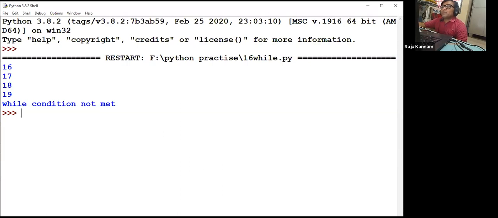Because the else block will be executed only if the while loop is not satisfied. When it comes out of the while loop, either you are breaking the while loop or you are coming out because the condition is false, that is not a matter. When you come out of the while loop, the else block will be executed. That's all. So whatever acknowledgement message you want to print, you can write it there.